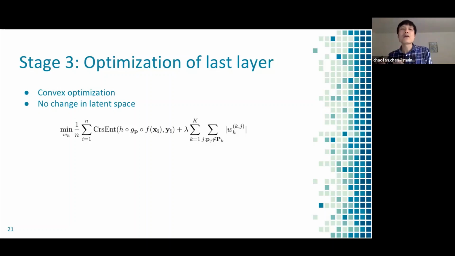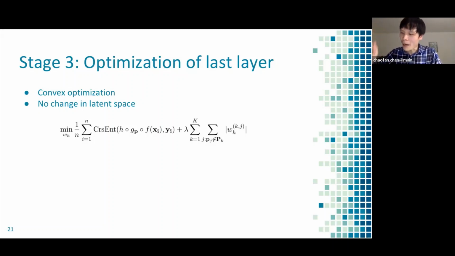So we do not want to mess with those things. Instead, we want to squeeze out a little bit more accuracy from our network. So what we do is fine tune the last layer. This doesn't affect the clustering structure we just learned in stage 1 and stage 2. So we can do that, and we allow the last layer weights to change.